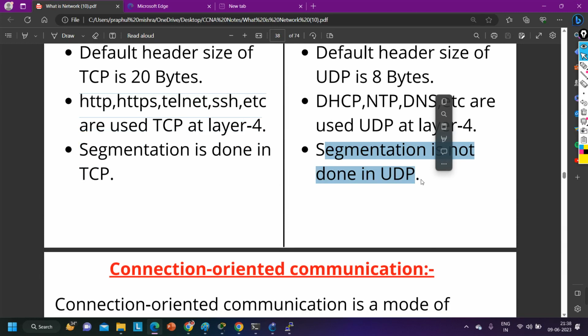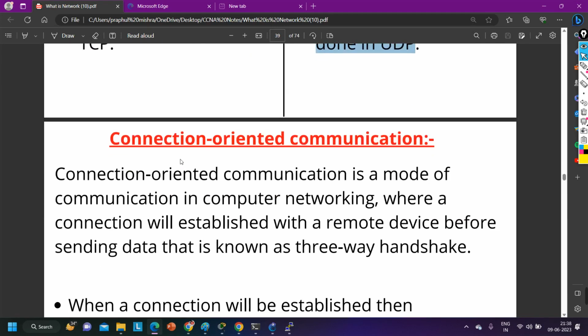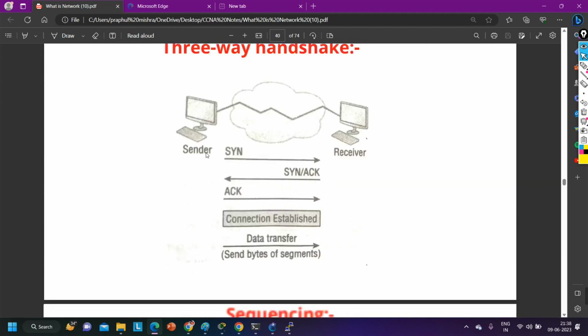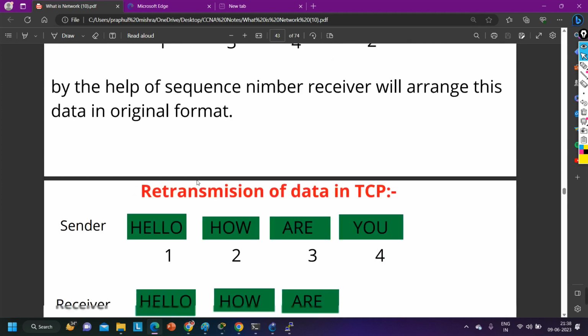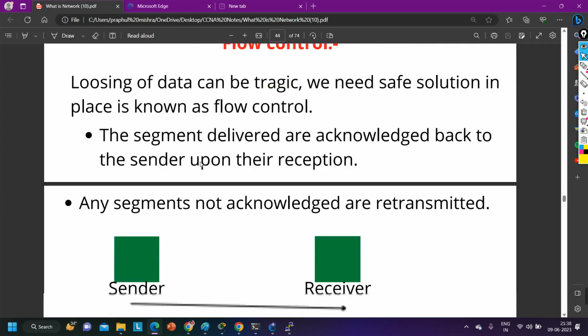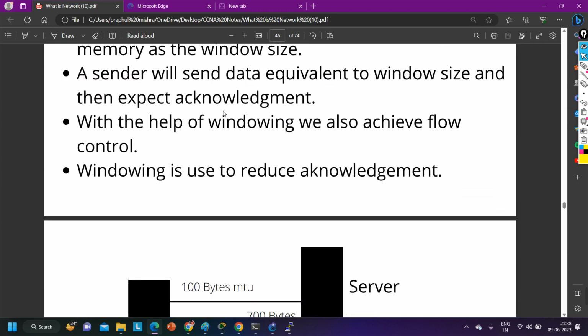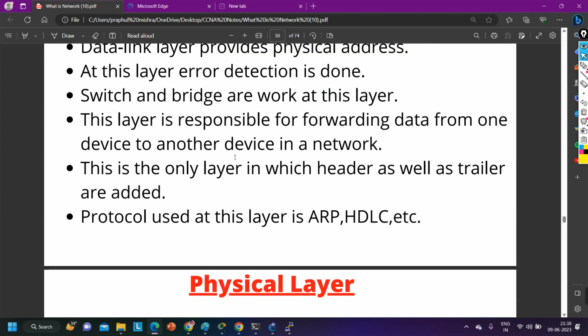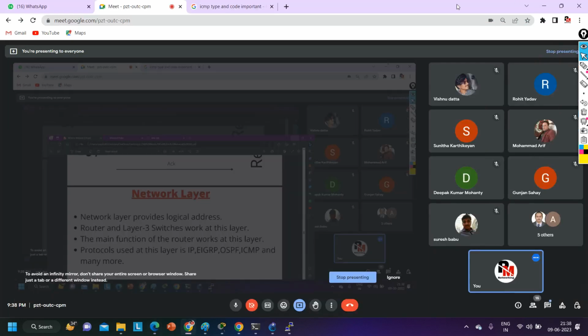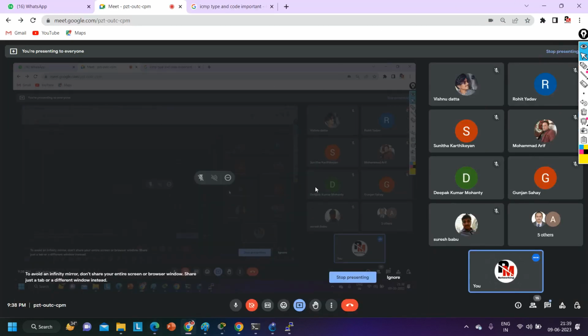Okay. Here we have segmentation. We will understand what segmentation is as well. Okay. So today we have discussed the transport layer. I think there are now some practicals of transport layer and flow control. You can read this PDF. Windowing is also there. And tomorrow our main topic will be network layer and header. Okay. Network layer and header. Okay. So if anyone